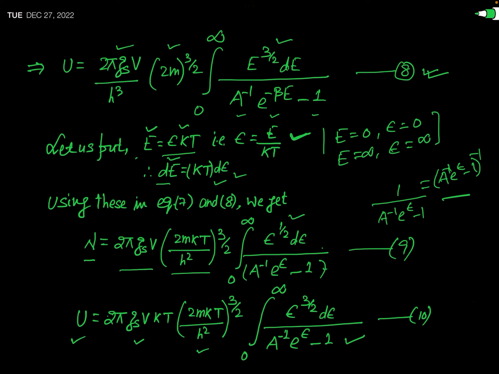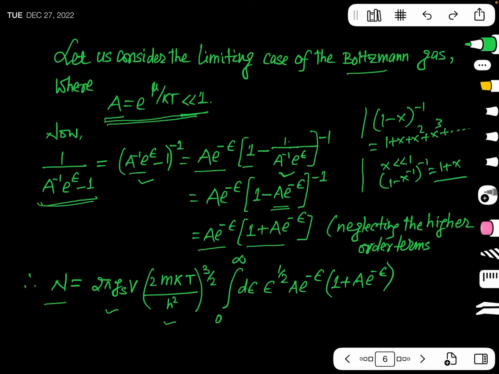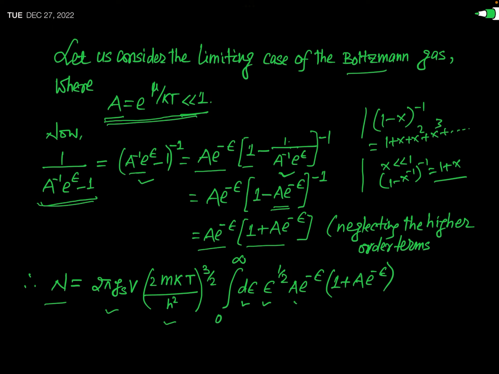So write that expansion here, and you can see after writing this, the result will be integral 0 to infinity d epsilon, epsilon to the power half, times a e to the power minus epsilon times 1 plus a e to the power minus epsilon. Okay, and now we will